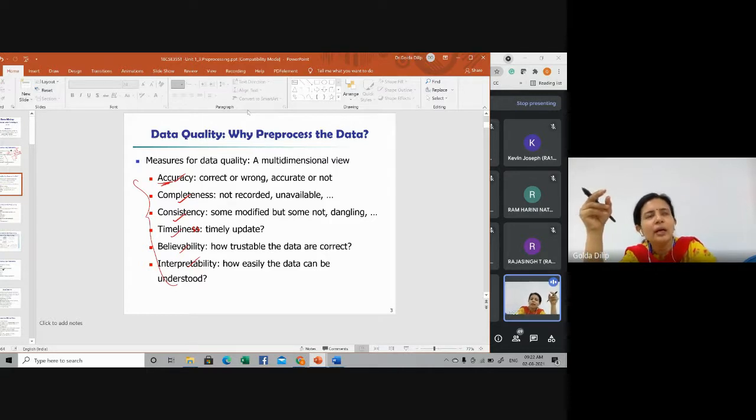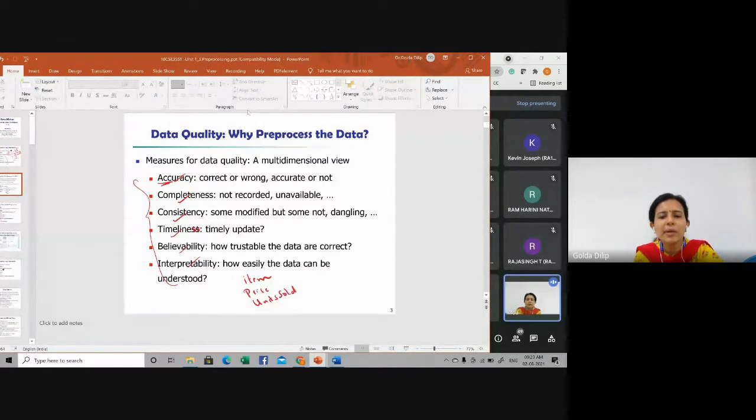Then you will try to select those attributes or dimensions that are necessary for your analysis. Maybe it could be the item details, the price details, then how many units sold. These may be the primary attributes which may be suitable for your data analysis.